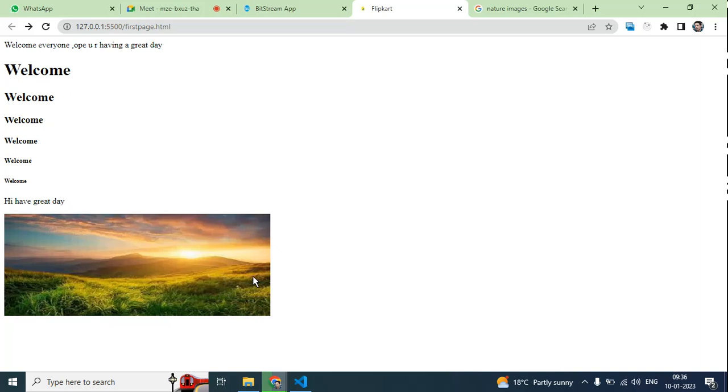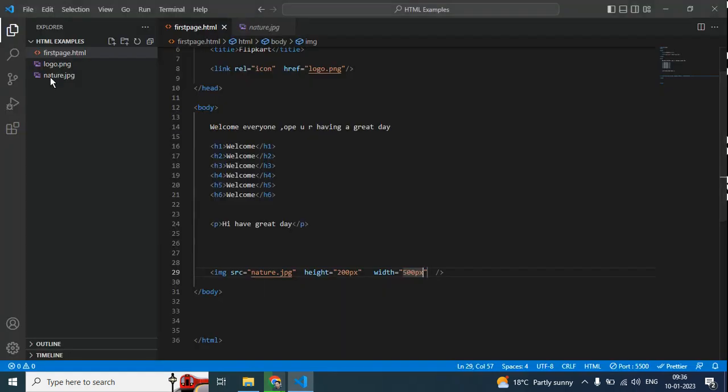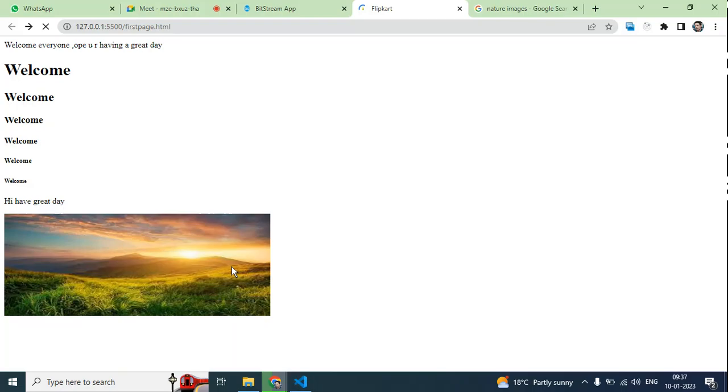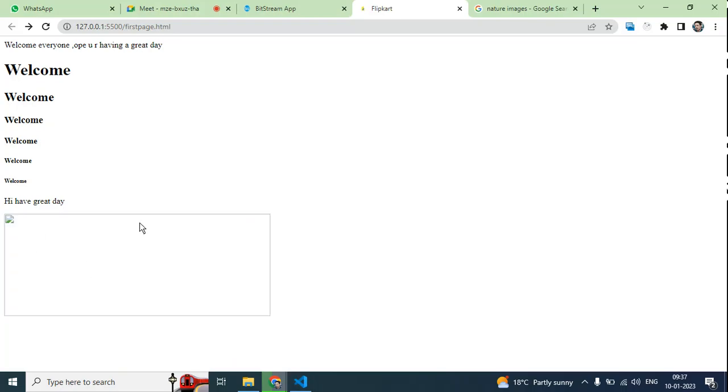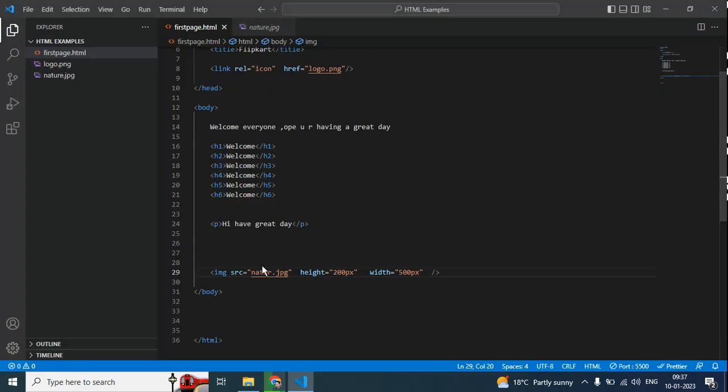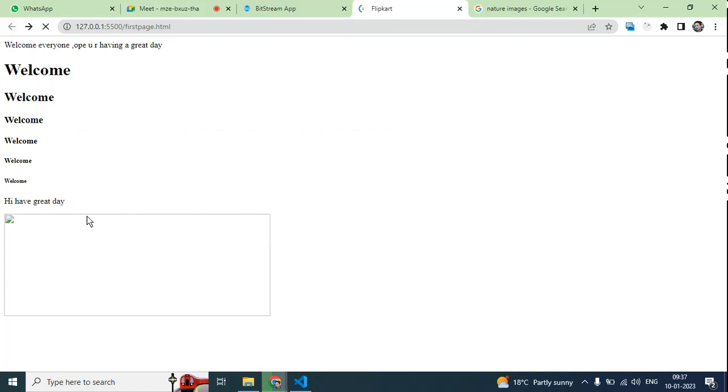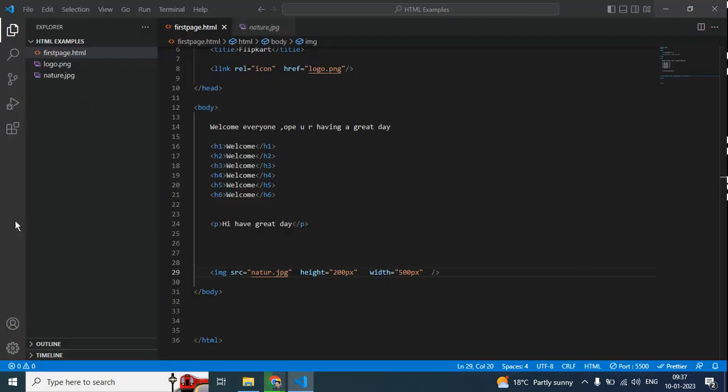Now look, the image name is nature. Suppose I make one mistake here, and I will not write the e. So now look how the image will display. Look, it is showing like this because you have not given the file name properly. Here the file name is nature and here you have missed an e. And if there is something wrong with the image displaying, you can write some text over here using